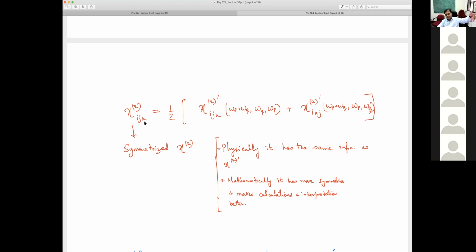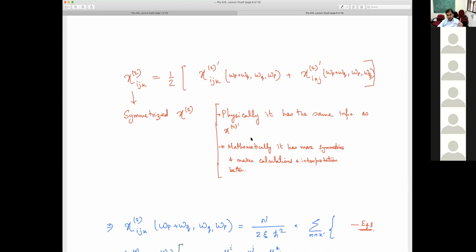So of course chi ijk has this permutation symmetry. This is a mathematical jugglery I did. Physically, it has exactly the same info as chi2 prime. So if I plot all my results using chi2 prime, I'll get identical results. Nothing will change. It's just that I did all of this to make it mathematically more symmetric, and it makes calculations